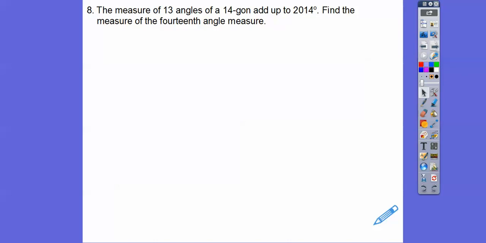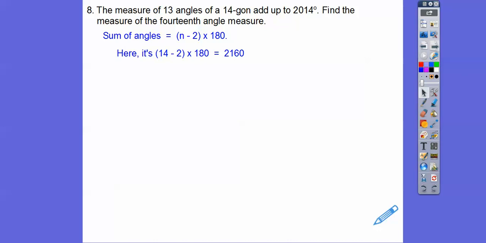The measure of 13 angles of a 14-gon add up to 2014. Remember, n minus 2 times 180 tells us what all of them add up to. So here we can do 14 minus 2 times 180. That'll tell us what all of them add up to, and they add up to 2160. So if 13 of them add up to